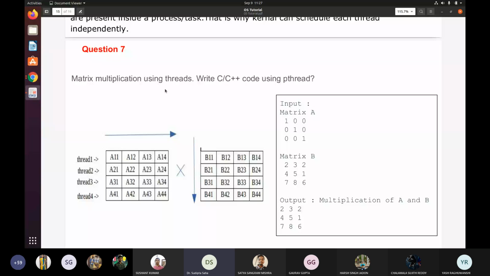There are three well-known models: many-to-one, one-to-one, and many-to-many. I don't know exactly what Linux is following, so it depends on the model being followed. It has to be checked in detail what exactly is being done in Windows or Linux. So I'm going to put this as a scribing work.